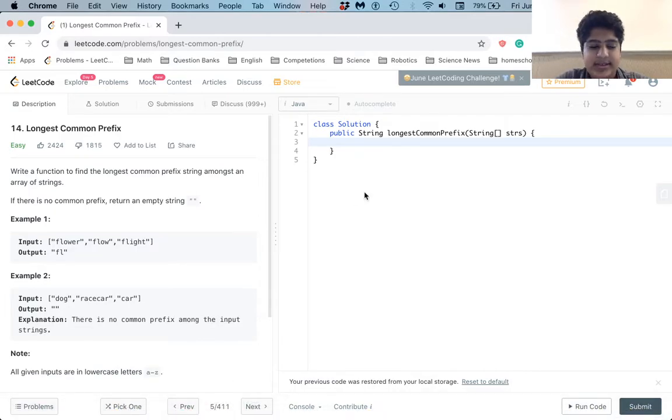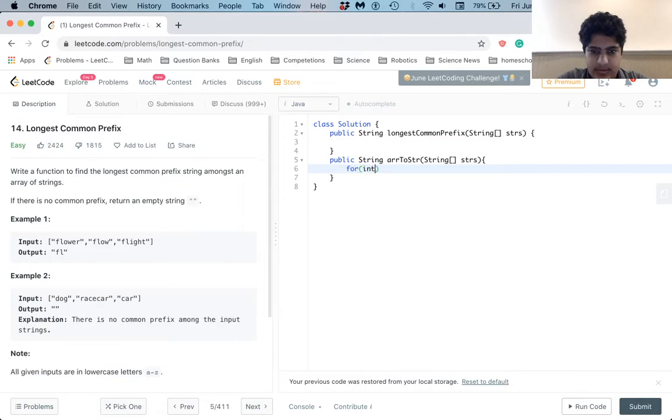So one thing that's handy in this problem is the Arrays.sort function. In this case, it actually sorts them by which strings have the most prefixes in common. So let's first create an array to string method, toStr, with strs, a String array. Now we have for int i equals 0, i is less than strs.length, i plus plus,